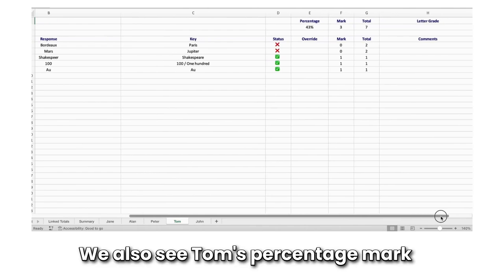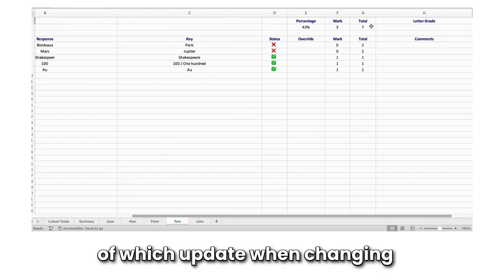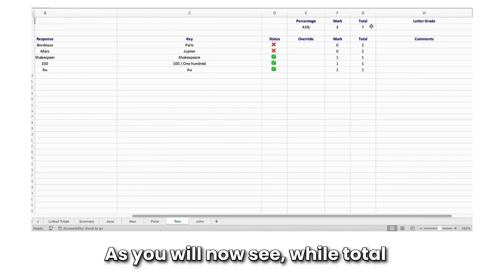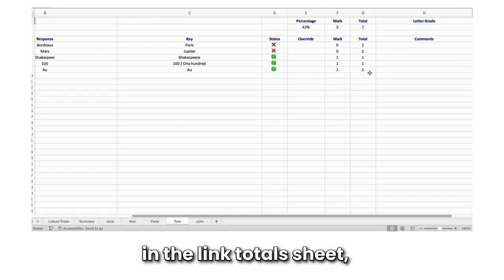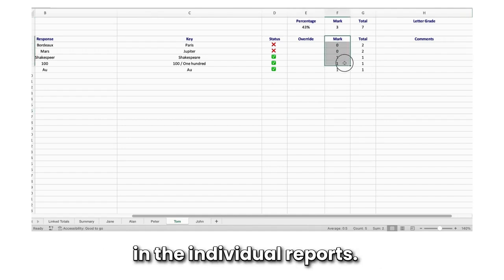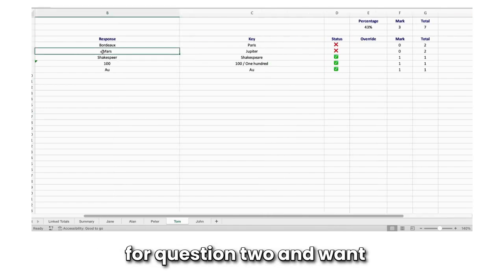We also see Tom's percentage, mark, and test total at the top, all of which update when changing either the total or Tom's mark, as you will now see. While total marks should only be changed in the linked total sheet, individual marks are changed here in the individual reports. Let's assume I think Mars is a somewhat appropriate answer for question 2 and want to give Tom a